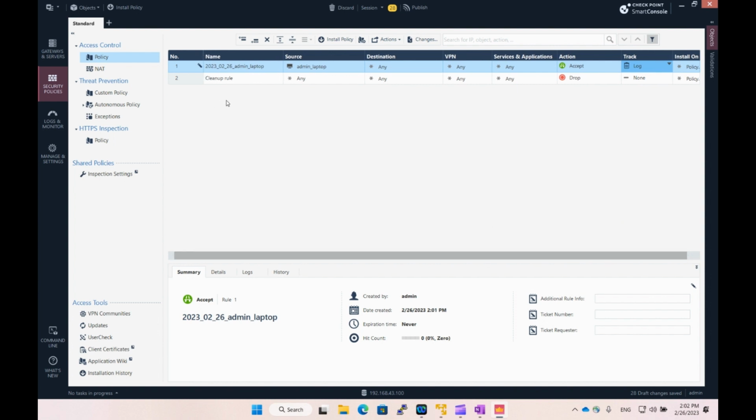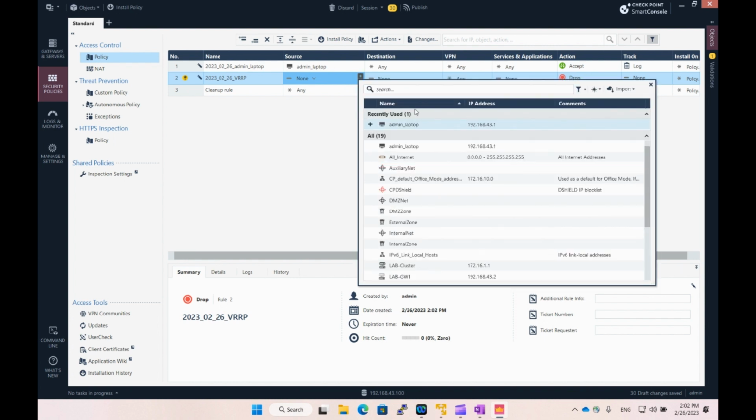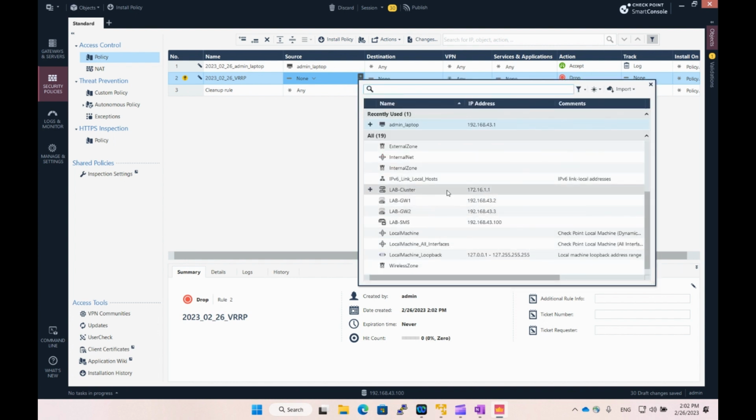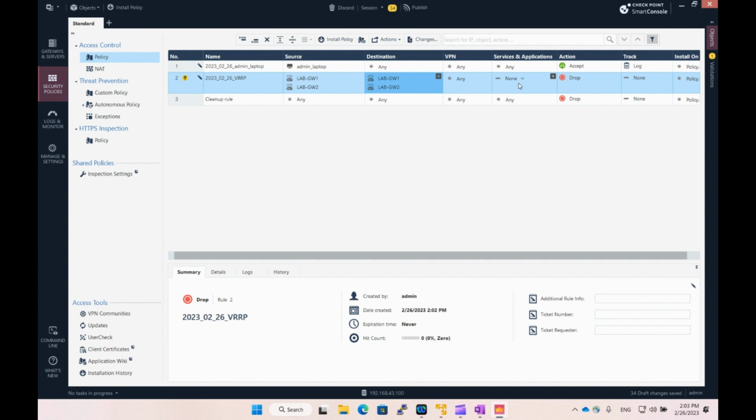What we also want to do, I want to allow all the communication between two cluster members that we have. Usually it is an implied rule, but just to be 100% sure that VRP will work, I will add another rule. Here we will add an object, both cluster members to both cluster members, so they will be able to talk to each other by any service